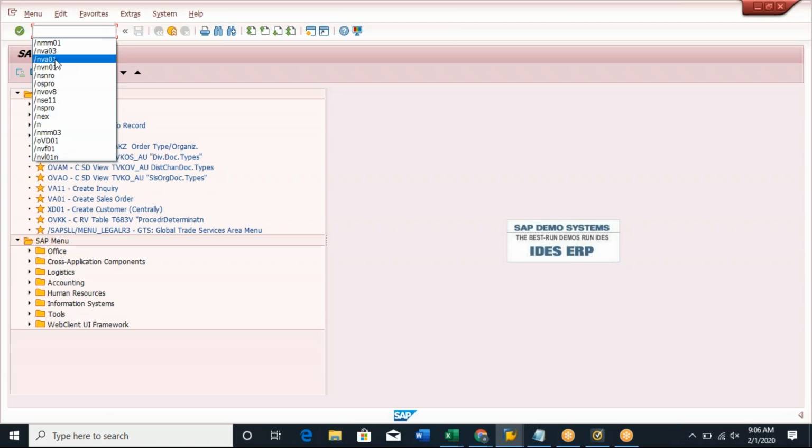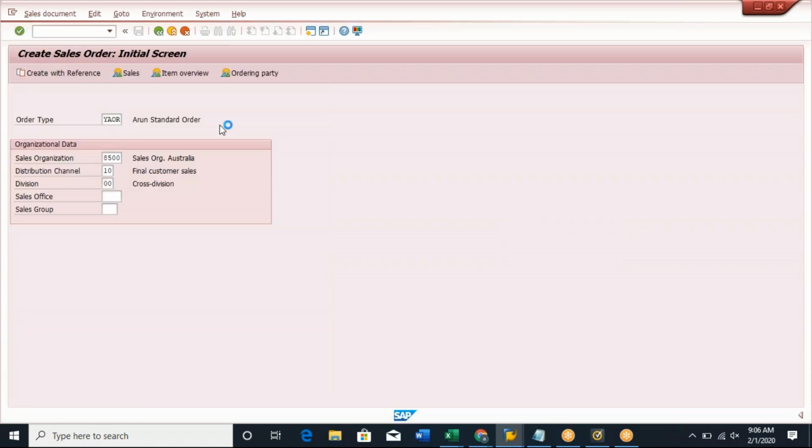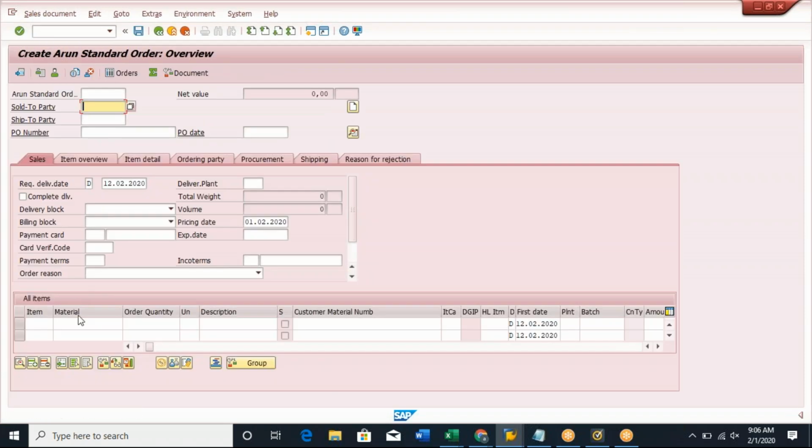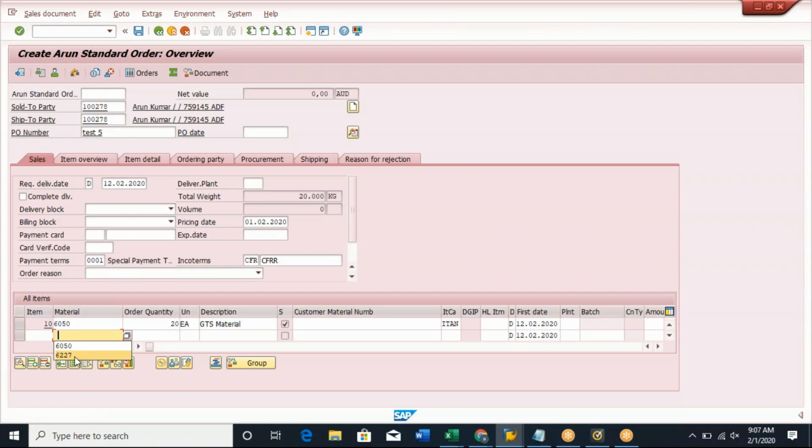So create VA01, YAOR, first material. Now if I enter the second item,